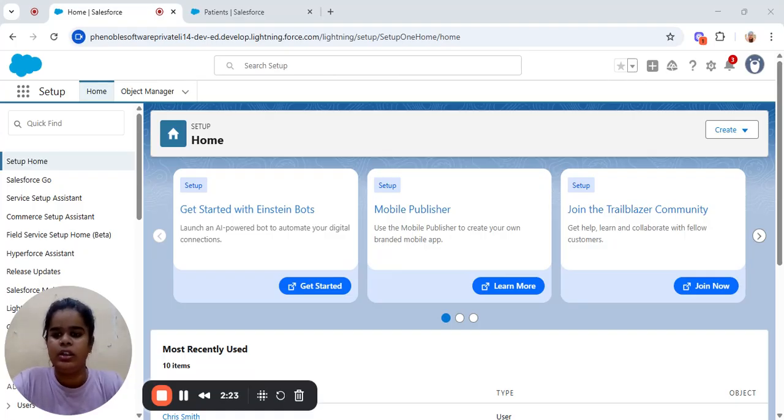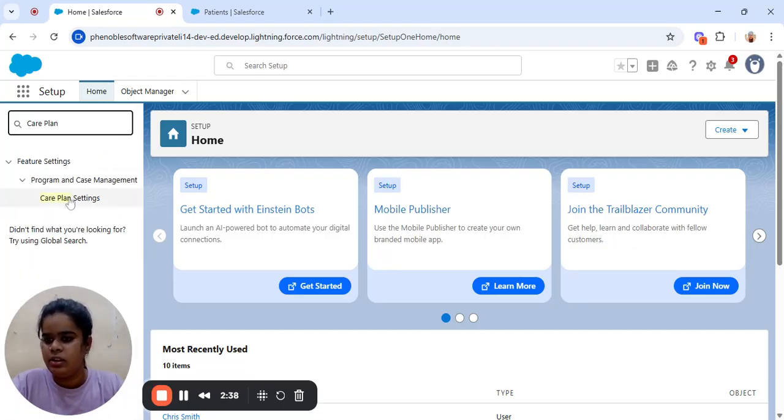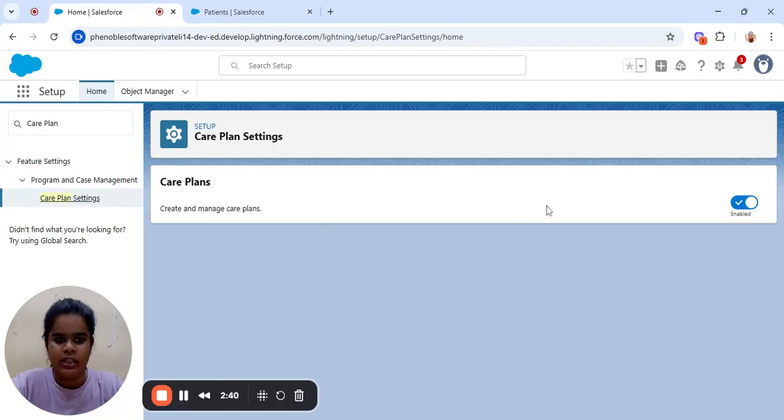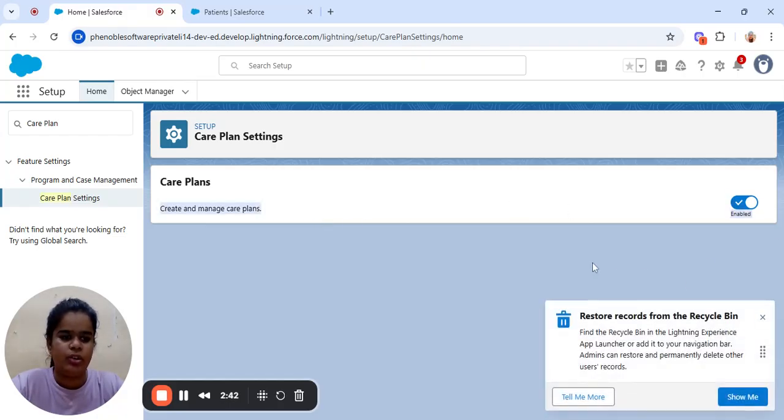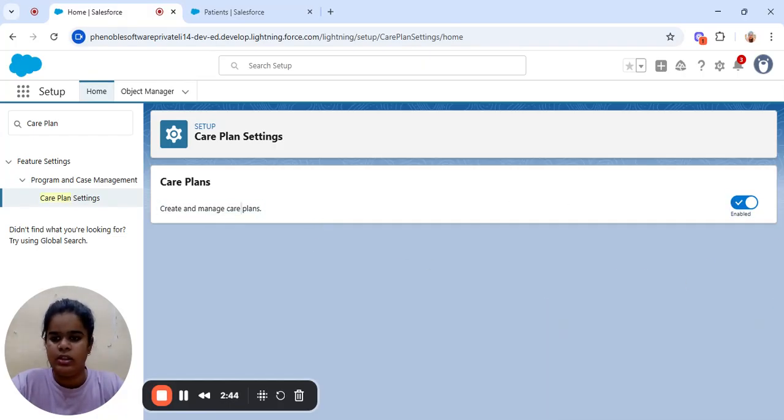The next thing is how to access the care coordination and care plan settings in Salesforce. From Setup, please write care plan in the search box and click on Care Plan Settings. This setting should be enabled in your org to create or manage care plans.